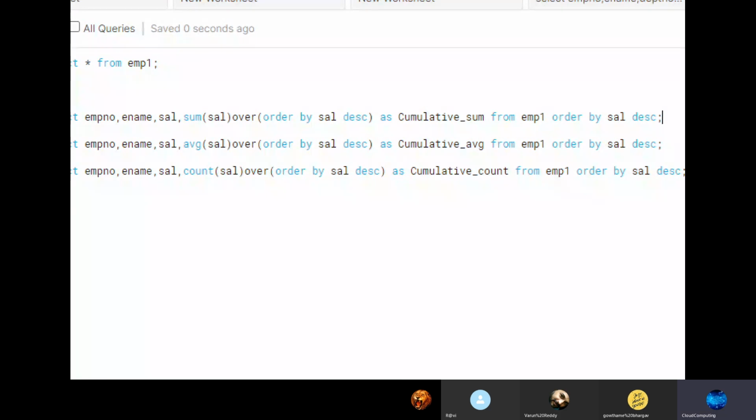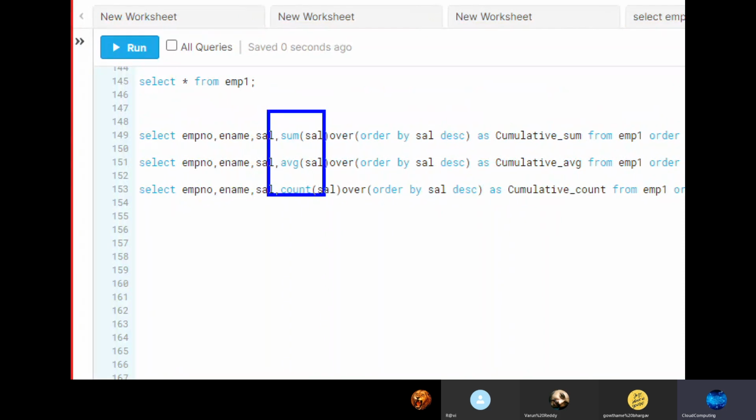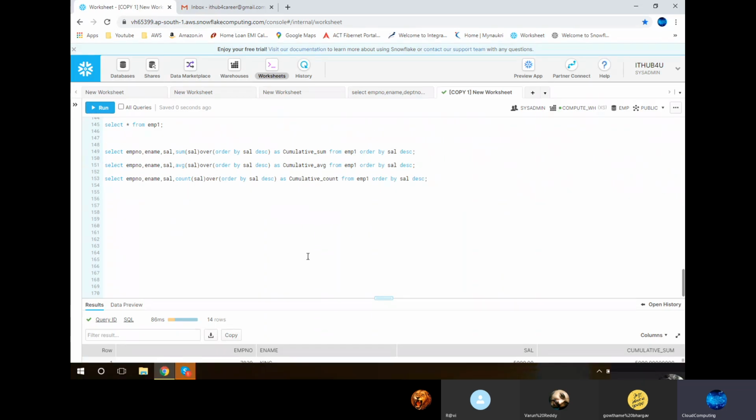Once you are done with the first day's class, the second you can understand, and the third is the same thing, with the only change that instead of rank, dense rank, row number, I am using sum, average, count. Once you use these functions, it will add the sum. First it will order the salary descending, take the first value, then add the second value, third value. The same with average: adding two values divided by the count of records, adding three values divided by three. So like that it goes. People call it cumulative sum, cumulative average, or cumulative count. Some people will say moving count or moving average instead.